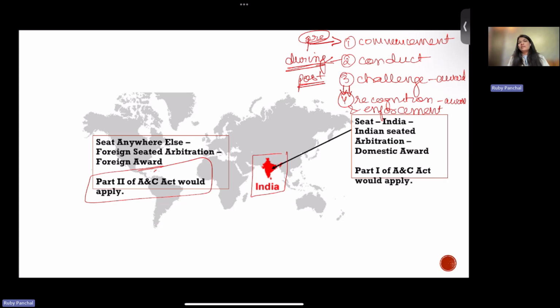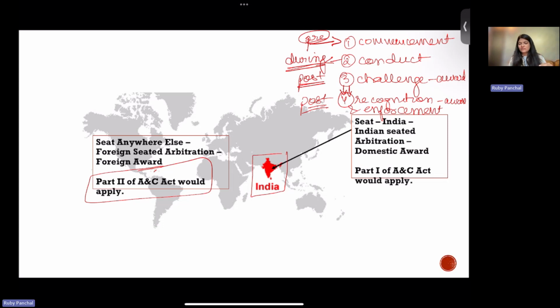So they might now raise claims against the assets of the award debtor. All of that proceeding, which court they might go to, what are the grounds on which enforcement can be resisted, etc. All of this is also provided by your legal framework related to arbitration. So we can say that this is also sort of a post-arbitral proceeding phase.